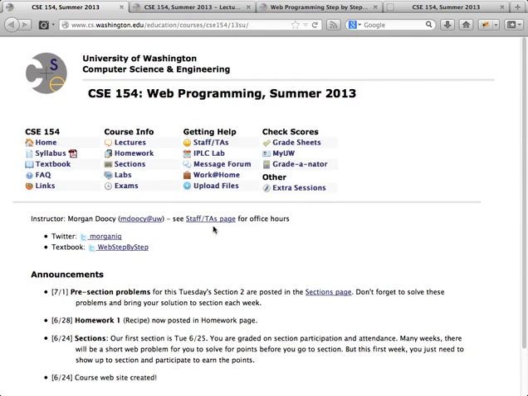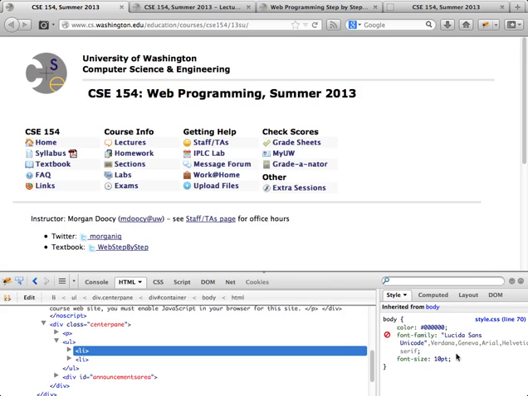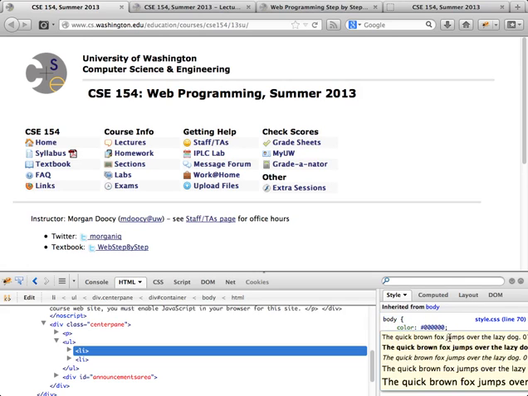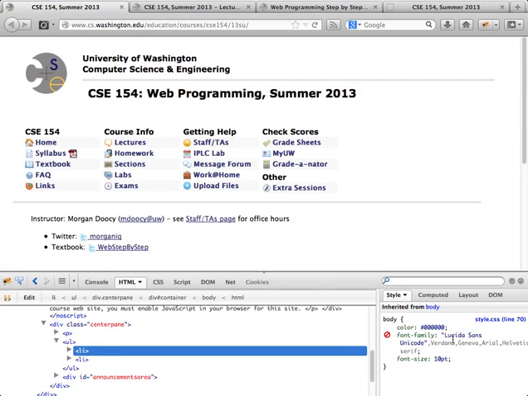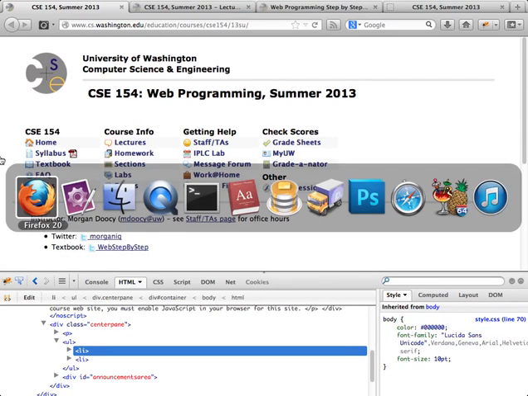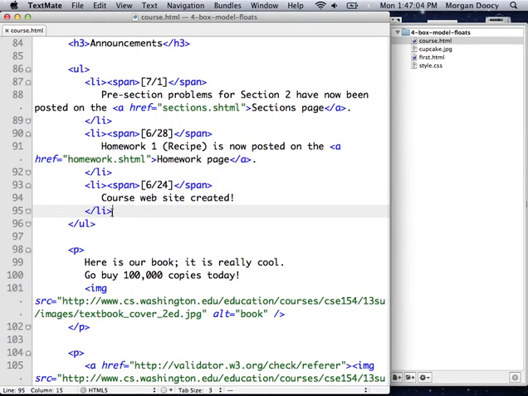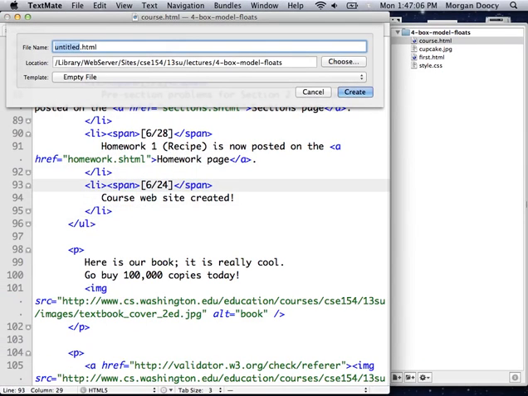I'm just going to quickly inspect the page and figure out what the font is. So the base color is black. The base font stuff is this, so I'm just going to copy that. And the base font size is 10 points. So I'm just going to copy all of this if I can. Okay, copying that, and the rest I'll just redo. So let's see,